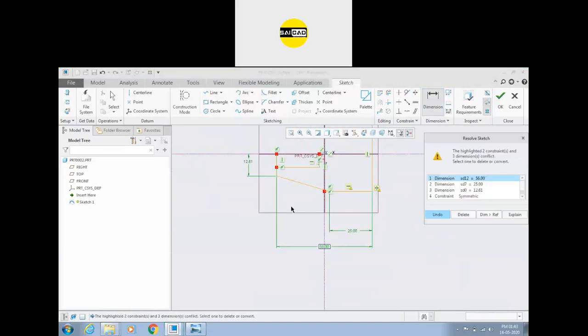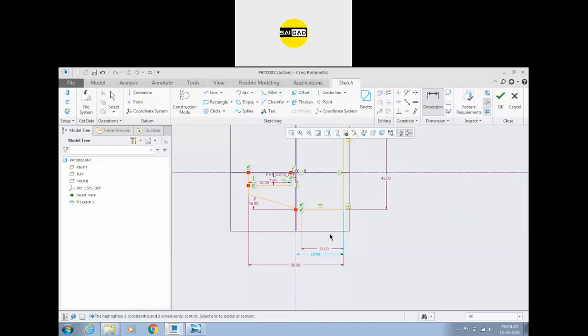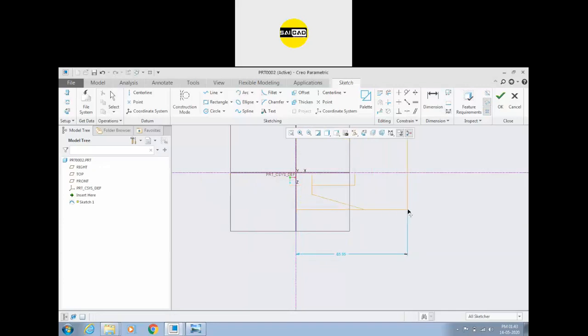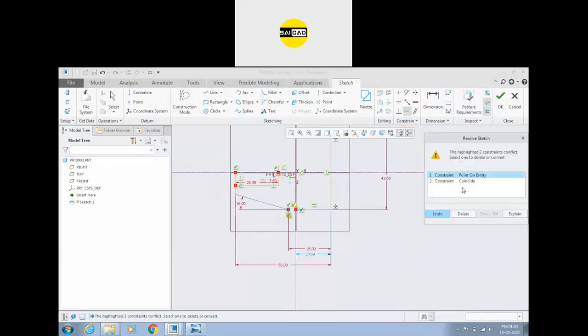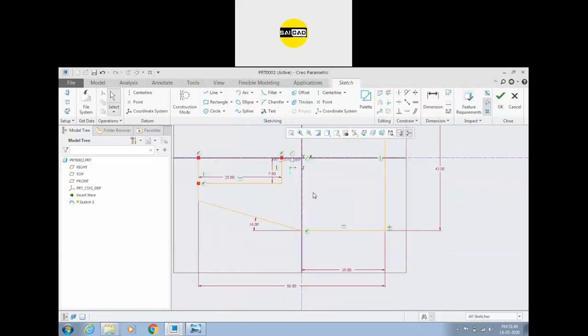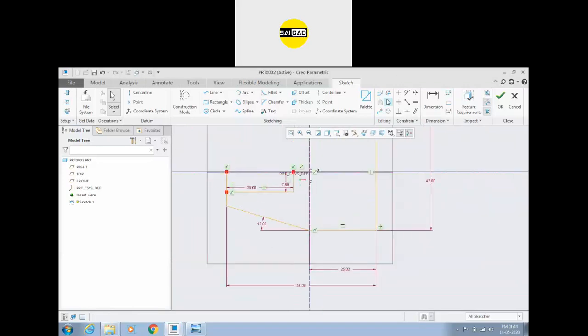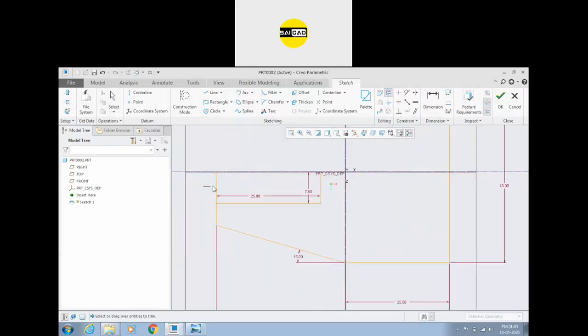We have a value of something like 12, so we are going to delete the 12. The object is movable because we have a line here, so we need that line to be constant at this point. So the object is created. We have the gap 25, we have the distance 56, we have 16. We can also trim out this.